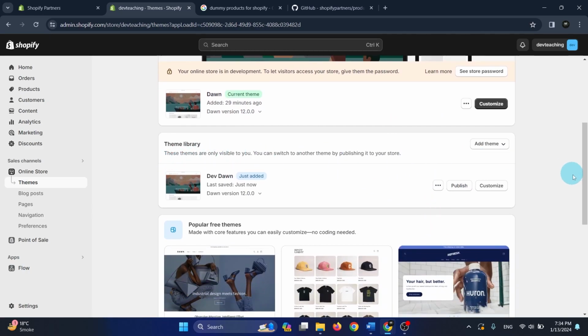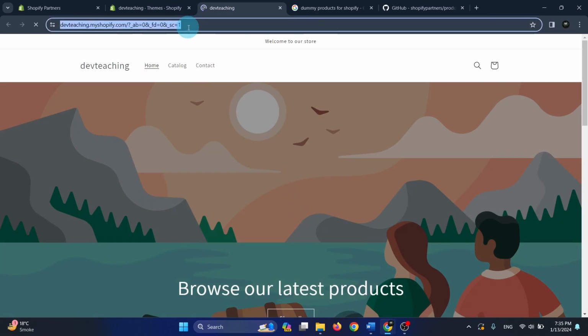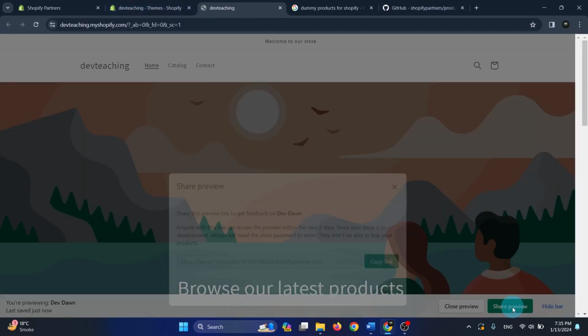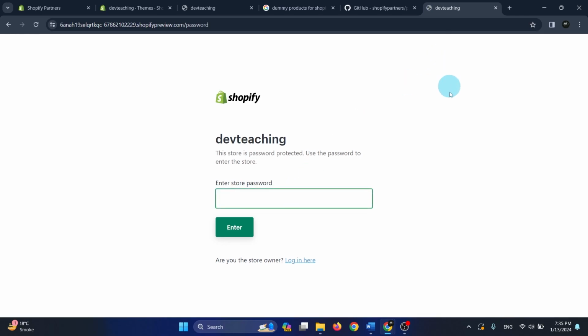So while you are working on this draft theme, there are 3 ways to preview this theme while you are working on this. First one is click here on preview. It will open the theme, but you cannot share this link with the client. It will only work on your end, and when you close the tab, it will be gone. The second method is click on this share preview and copy the link. This link will work as well, but it gets expired after a few days. I think it's